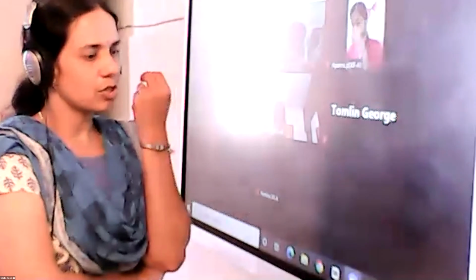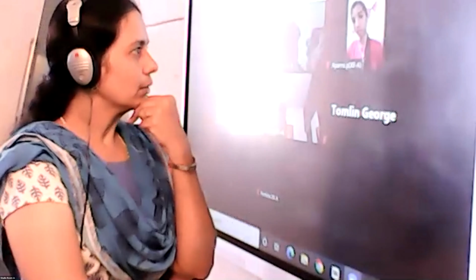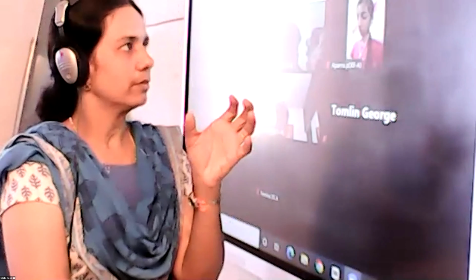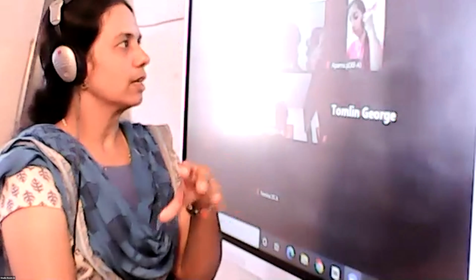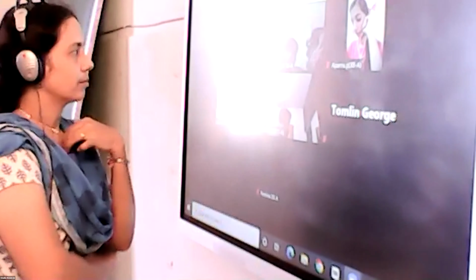So what about the idea of increasing and decreasing functions? When a function f of x is given, first you find f dash of x. Then if f dash of x is a function involving x, what do you have to do? Equate f dash of x to 0 and solve for it. We split the interval into smaller ones, and we check whether f dash of x is positive or negative. If f dash of x is positive, it is increasing, and if f dash of x is negative, it is decreasing.